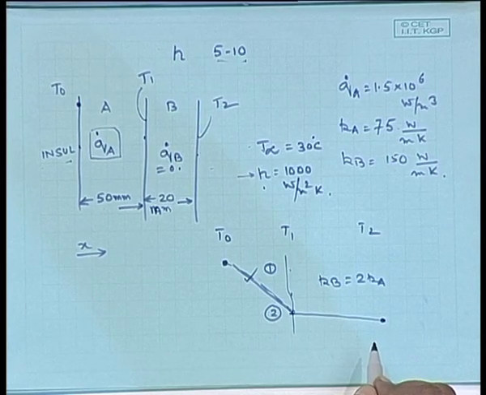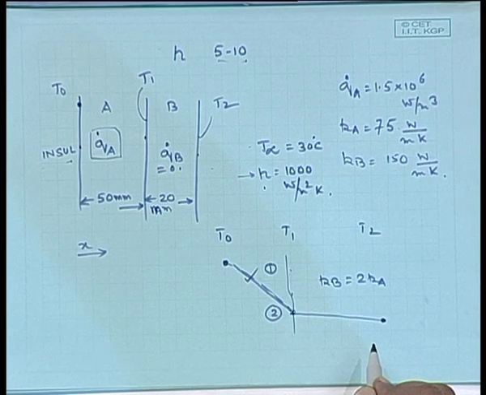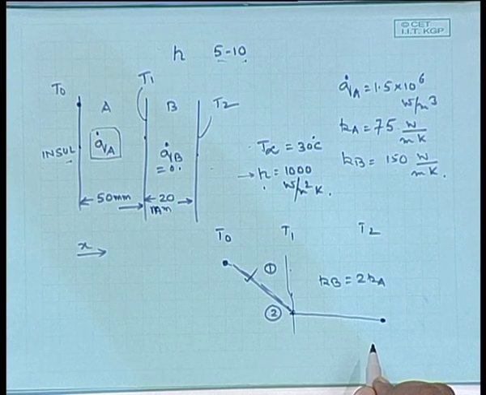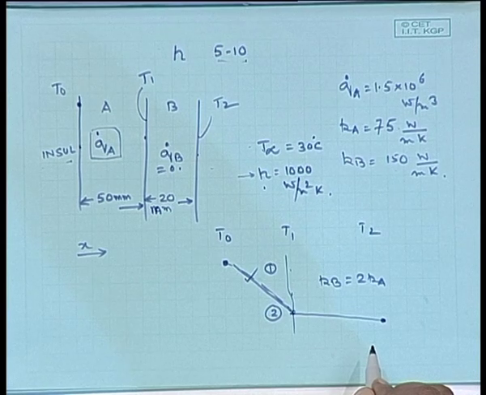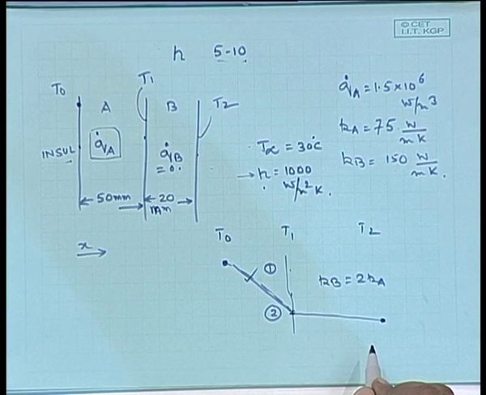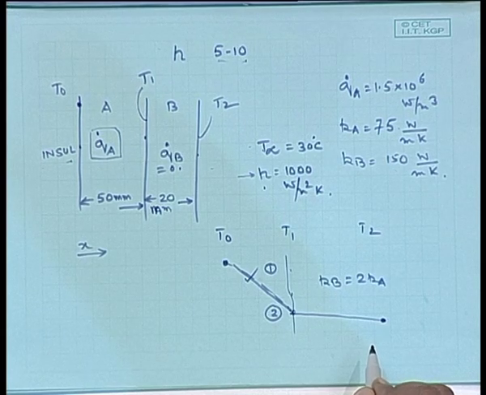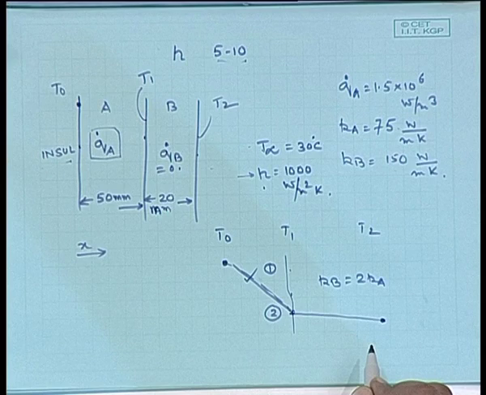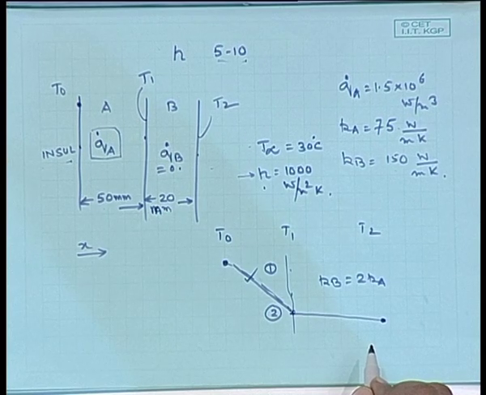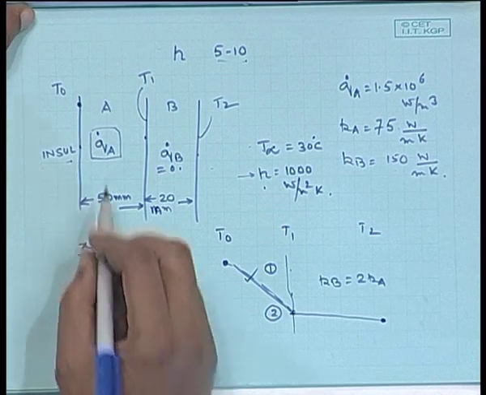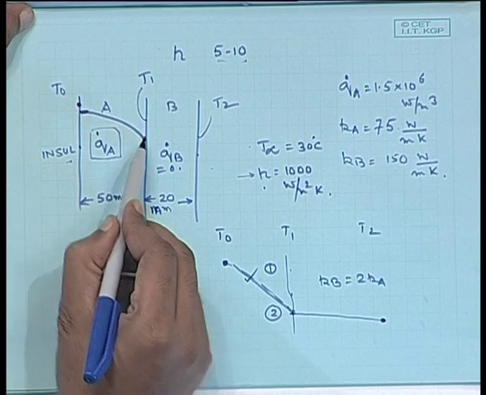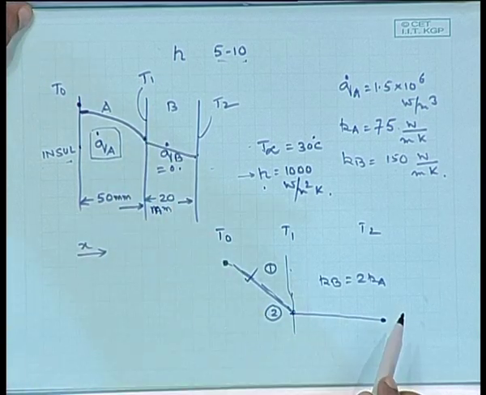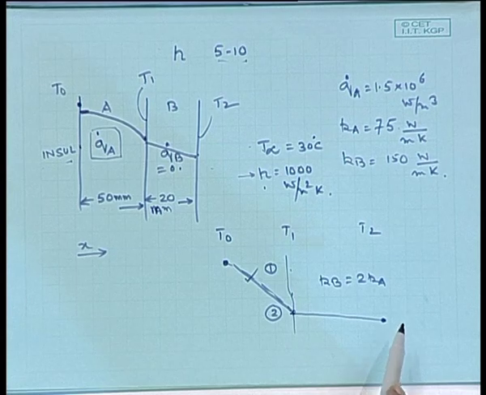Anything else about the shape in A? Apex will be towards T0. Is that statement correct? Am I going to get an apex? What is the condition at x equal to 0? At x equal to 0, you have insulated wall condition. So, that means that dT/dx equal to 0. So, you are going to get a profile where the slope here would be 0. So, it is going to be something like this and then a straight line. All right. So, that would be the temperature profile.